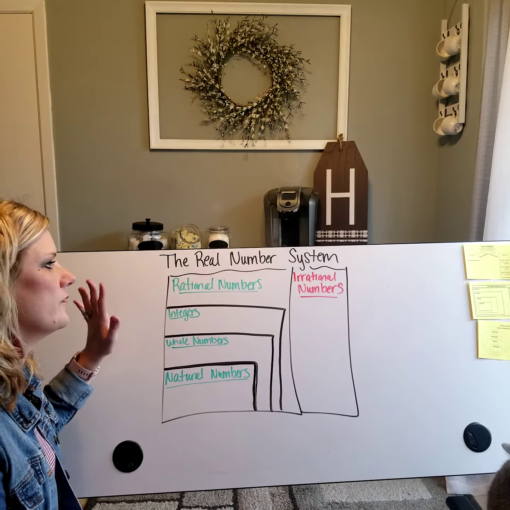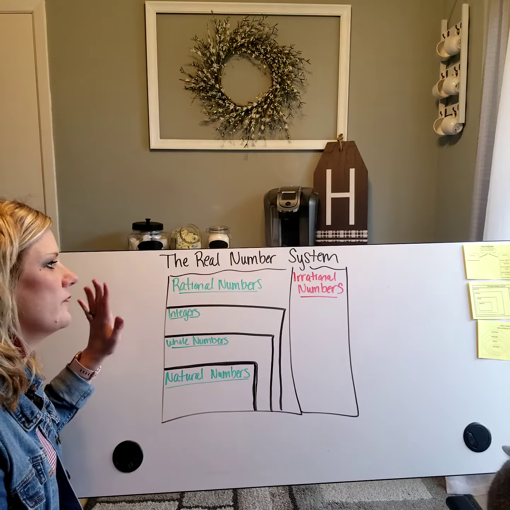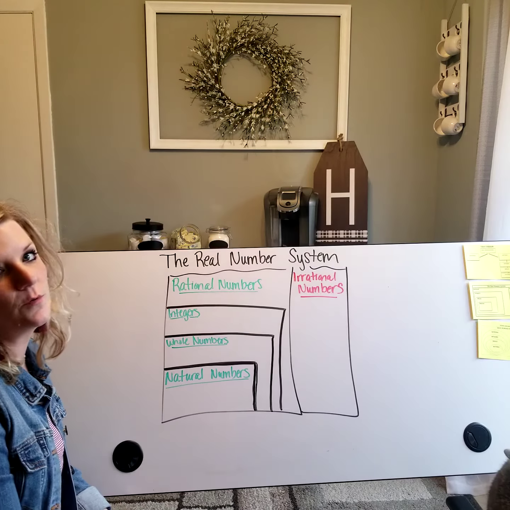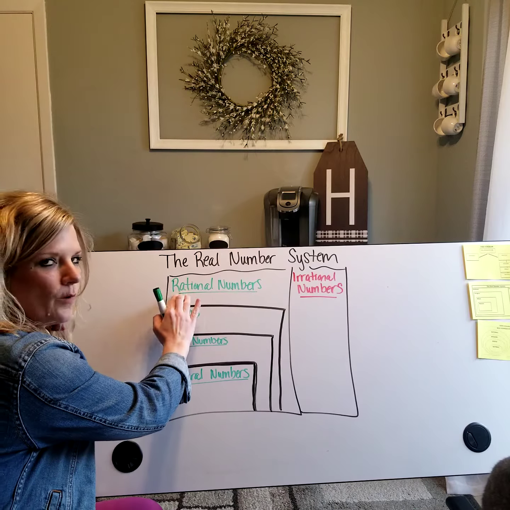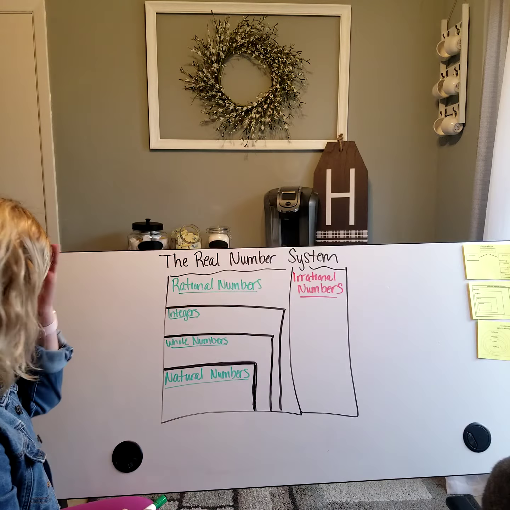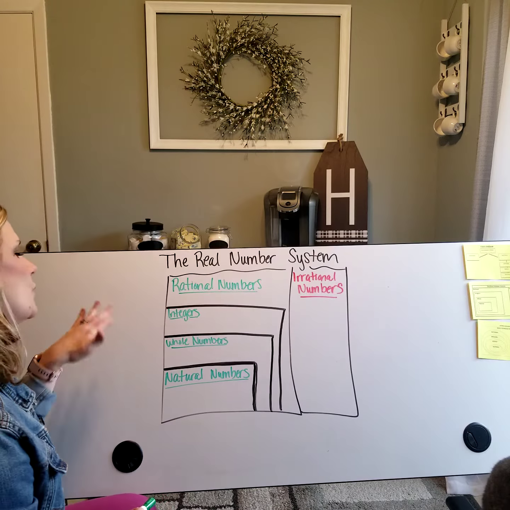We're going to be going over the real number system, which is something you've already learned, but it was at the beginning of the year, so we're just going to brush over it a little bit to make sure you fully understand it. So let's think about the real number system. The real number system is made up of all rational and irrational numbers. We're going to go through each one of these real quick, but I also did post on the